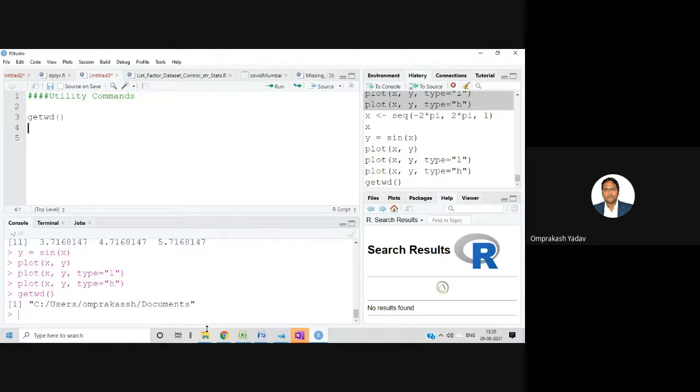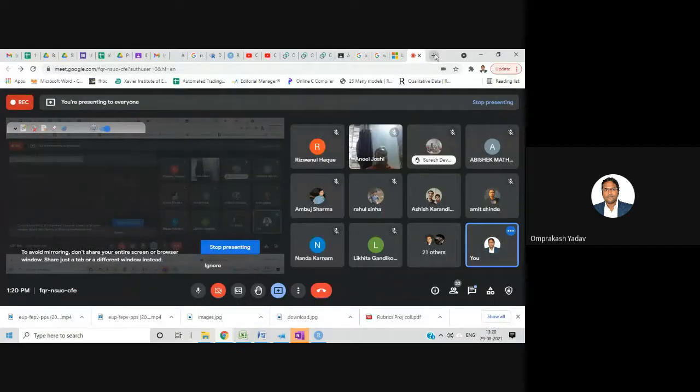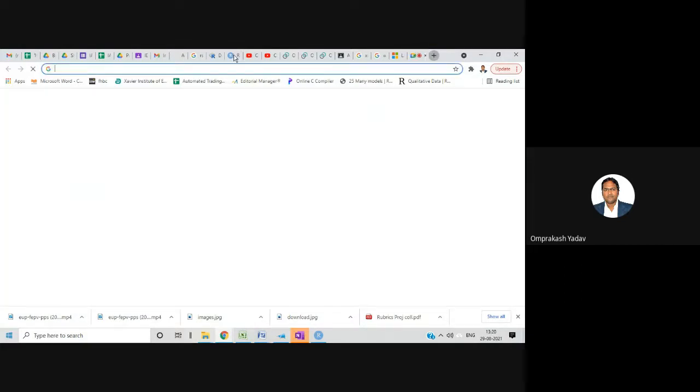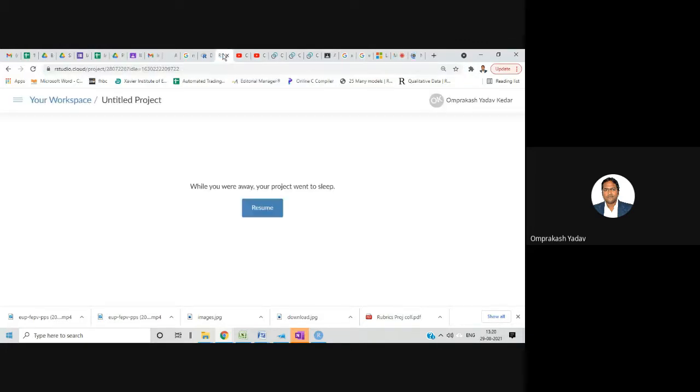Those people who are working on the cloud, I'll just go to the cloud. I think RStudio Cloud is there. For you, it will show only one folder, the project folder, because by default the cloud gives us that folder only. My cloud is starting, just wait.